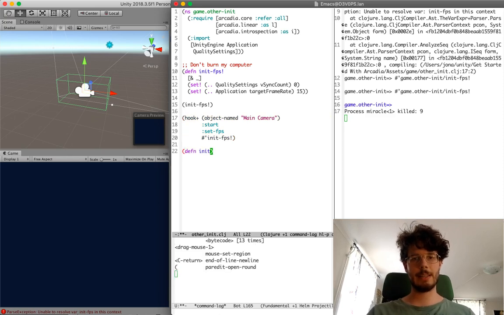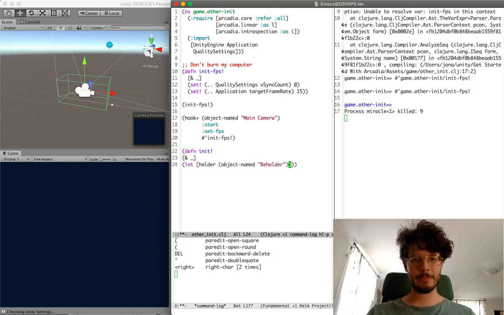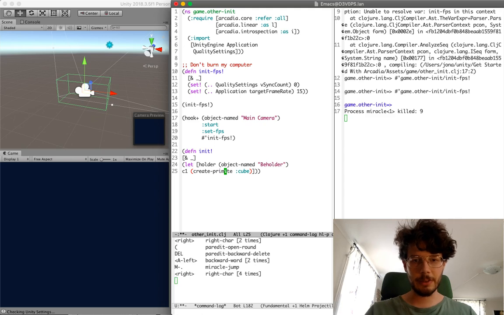Now we want an init function for our game, and it has a similar signature. We ignore the input parameters, but in it we want to define a holder object, and we already have one, the object-named beholder. And then we want to create, let's say, a cube. So we run the Arcadia core function create-primitive, and we give it a key, cube. If you jump to the definition of create-primitive,